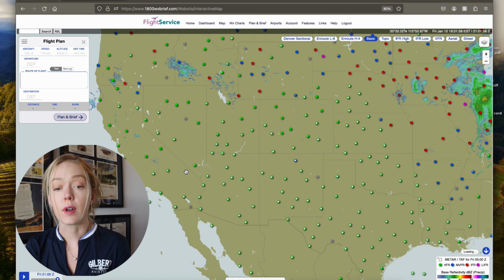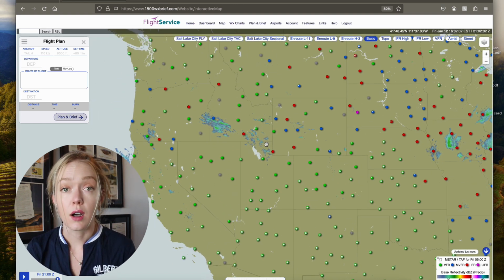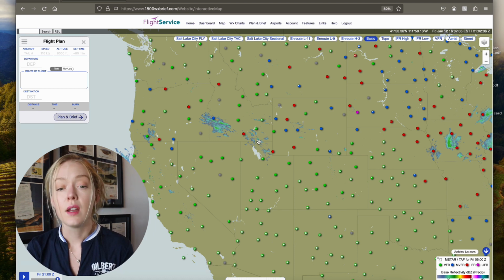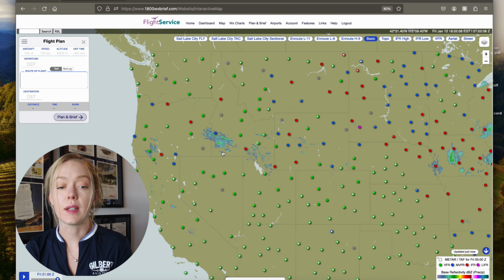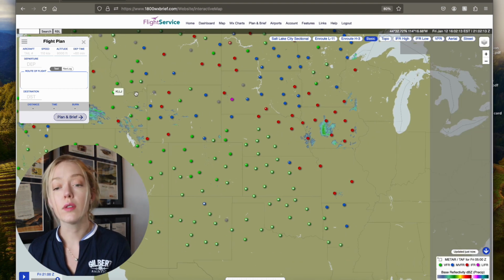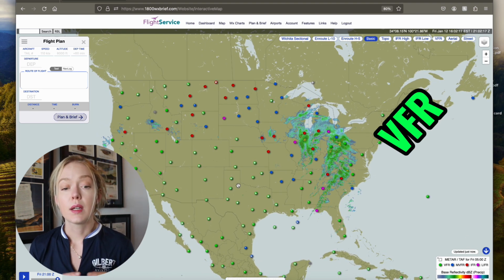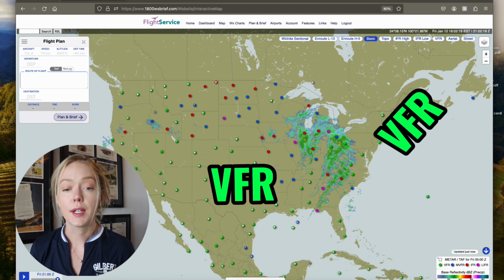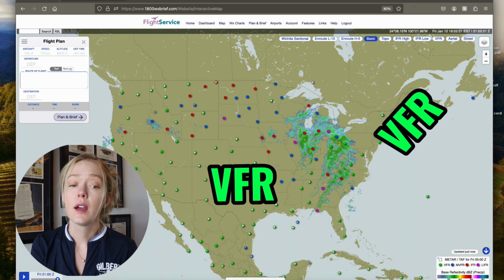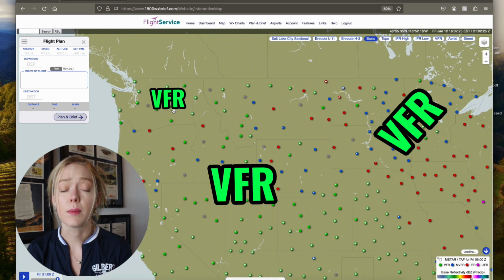Then as we move farther north towards those low pressure systems that we looked at earlier on the synoptic chart, we see some precipitation, and along with that, we see some ceilings, some marginal VFR, and some IFR coming in. So overall, areas of VFR would be far northeast, Texas, Four Corners, California, and actually far northwest as well. Looks like this is the first break you guys are getting in a little while from the really, really crummy